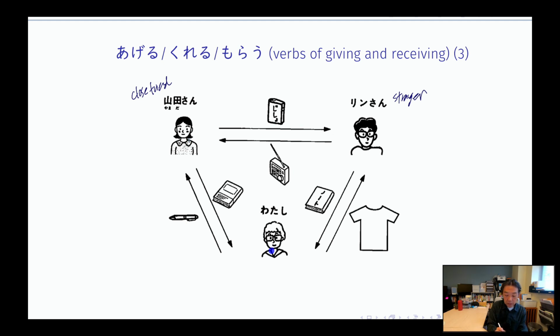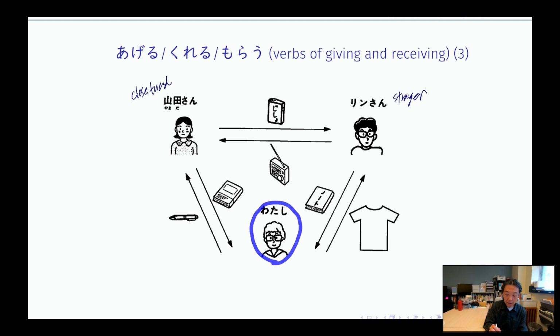It becomes 私はYamada-san にペンをあげる。Okay. Remember, both of them are to give, so the giver is the subject. Who gives is always the subject. 私はYamada-san にペンをあげる。